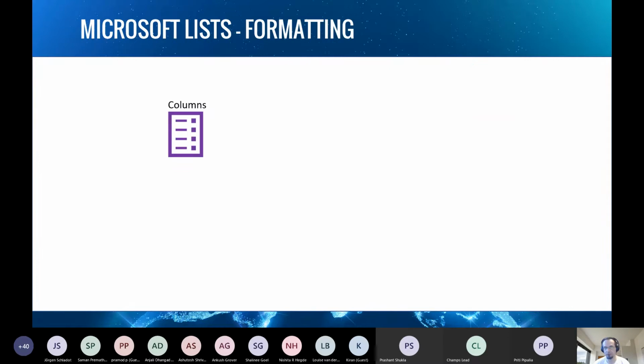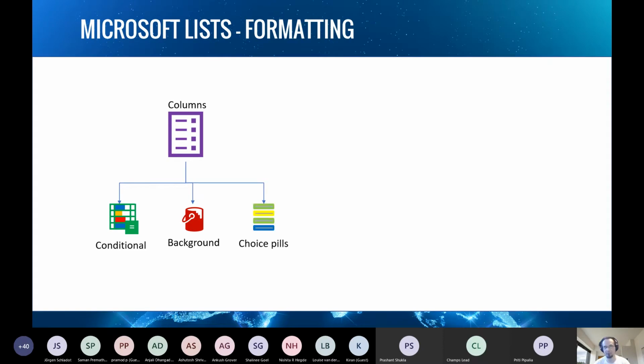And for formatting options, you can format columns with conditional formatting. You can format background, so change background color based on some rules. For choice columns, you can format choice fields, data bars, and if you want to make it more good looking or add more options to your columns, you can use advanced formatting based on JSON.